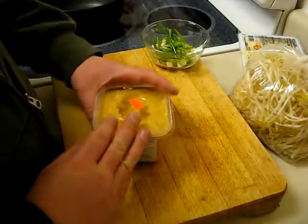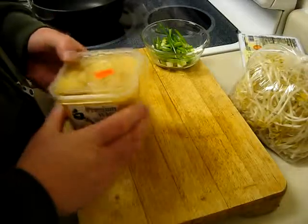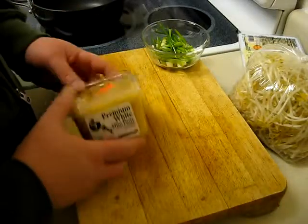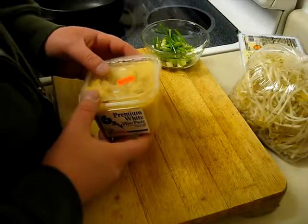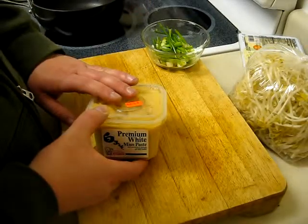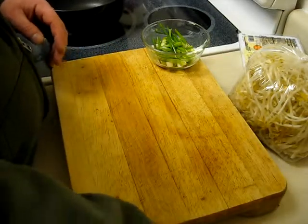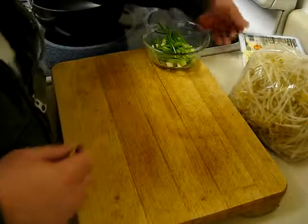Again, I prefer the white miso. There's red miso. There's all varying shades and colors in between. Get this at your Asian grocer in the refrigerated section, usually near the tofu or the wonton wraps there, and